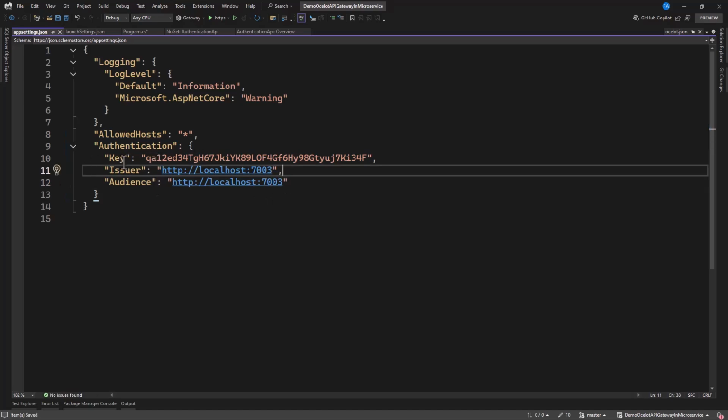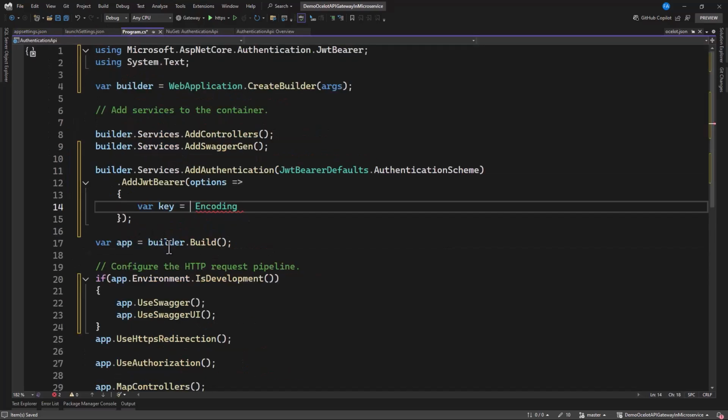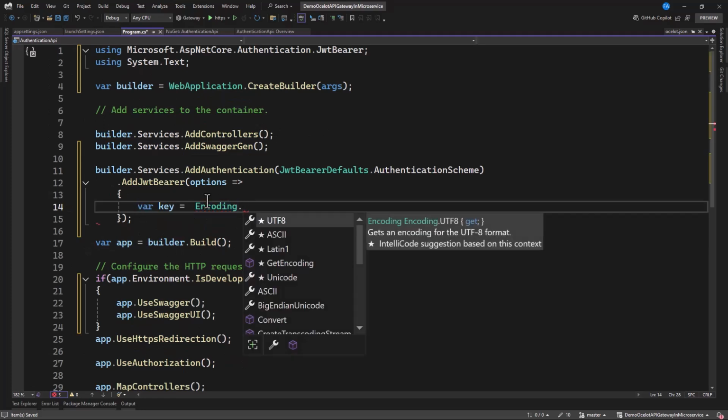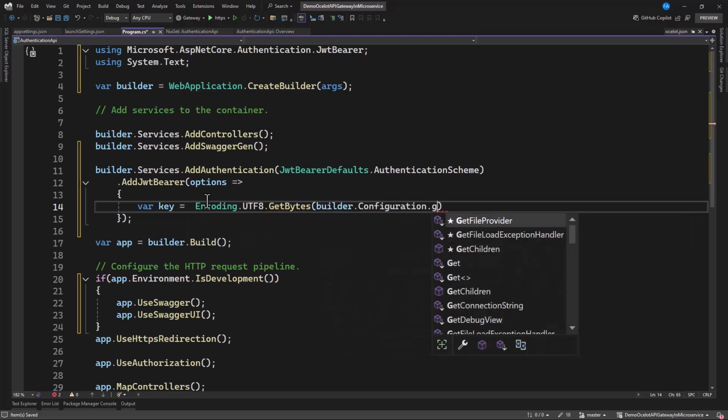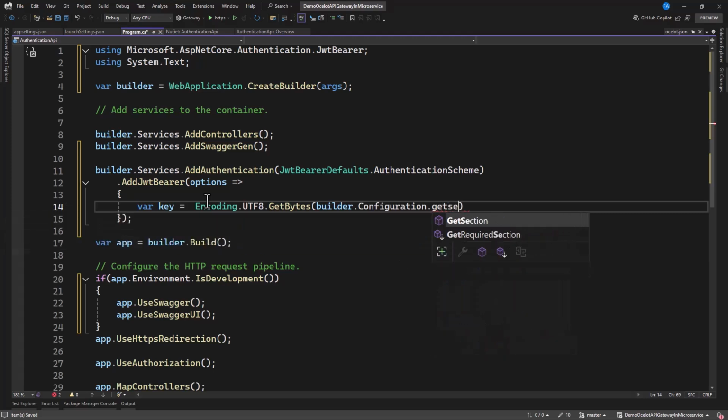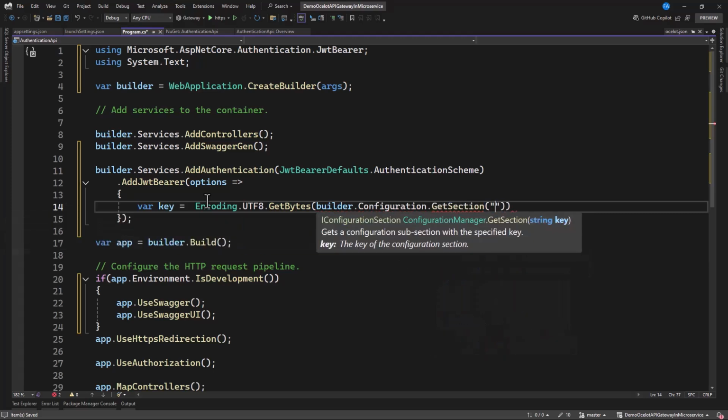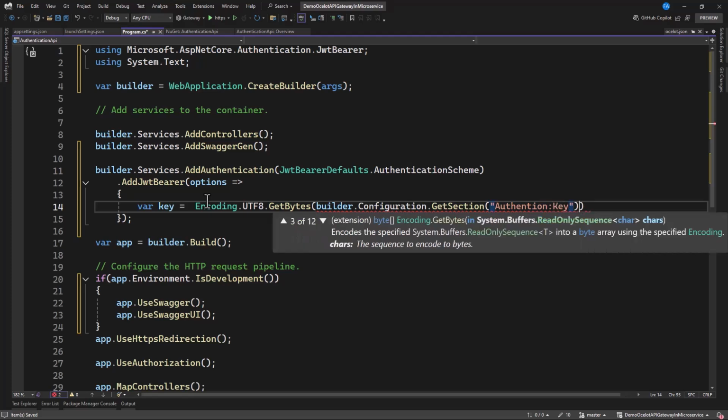Alright, so now we have this. We want to grab our key, and that's what we're going to use. So in our Program.cs, let's get it in here. Now we need to use Encoding.UTF8, and in that we want to get bytes out of it. Talking about this, builder.Configuration, we can use GetSection in here, and now let's specify the section as Authentication, then Key, and in that you want to grab the value.